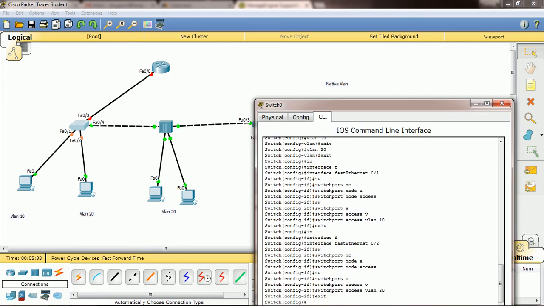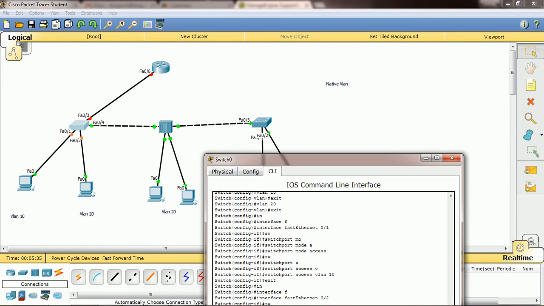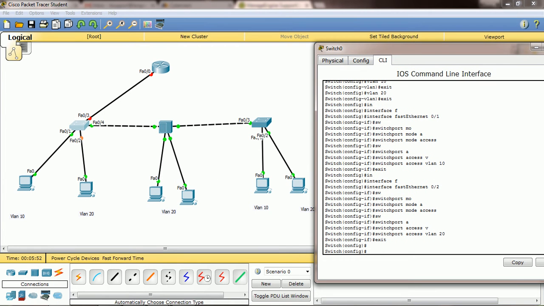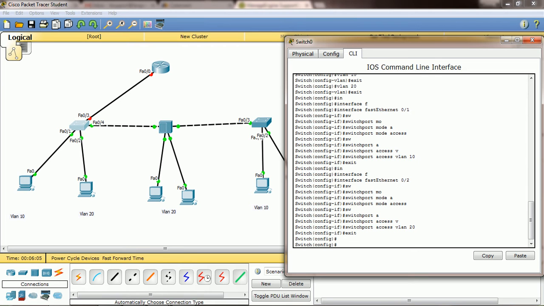Now see here, this interface 0/4 we need to assign as a trunk port, because here also VLAN 10 and 20 are there. A trunk port will carry multiple VLANs' traffic. An access port will carry only one VLAN's traffic. So on this side we have VLAN 10 as well as VLAN 20. So we need to assign port fast Ethernet 0/4 as a trunk port, right? Then only the two VLANs' traffic will be carried forward, no? Then I will assign this 0/3, which I will tell you here.